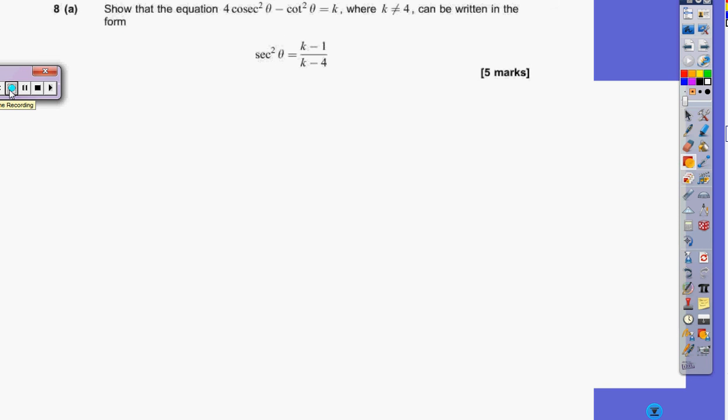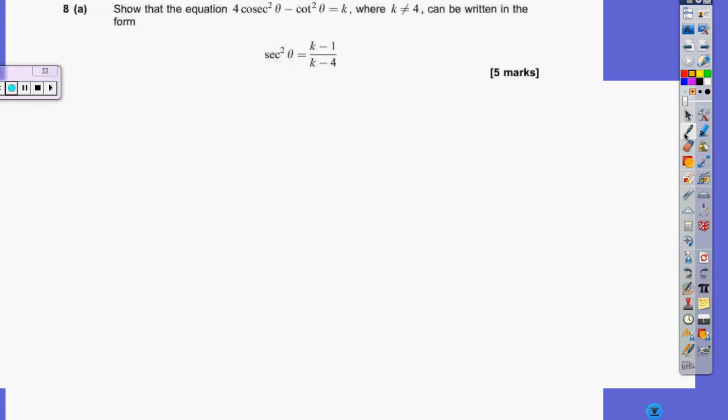Okay, this is June 15 AQA paper C3, and this is the last question, so it's a bit sneaky, to say the least, really. Okay, so we've got an equation. Looks horrid, not sure what's going on, not sure how to get sec squared. So the first thing I do, because I don't learn the formulas, is I have to start back at C2